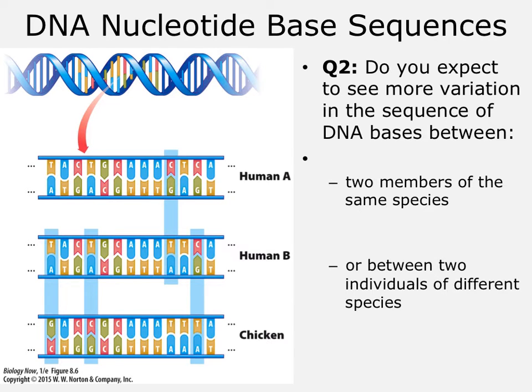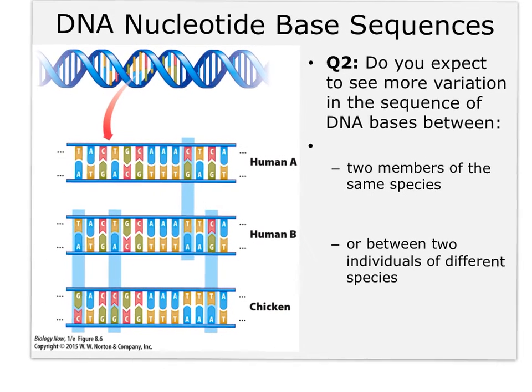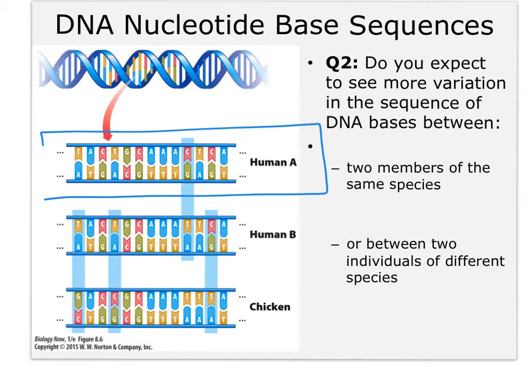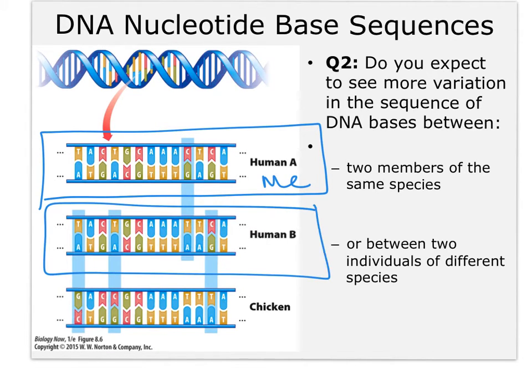Do you expect to see more variation in the sequence of bases between 2 members of the same species, or between 2 individuals of different species? Well, all humans have the same genes as each other, correct? But we could have different alleles. Let's say we're just looking at a gene from human A, let's say that's me, and human B, and let's say that's you,